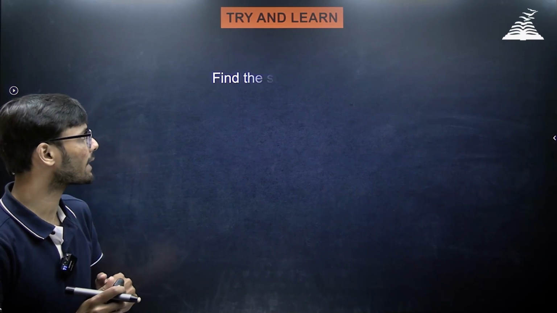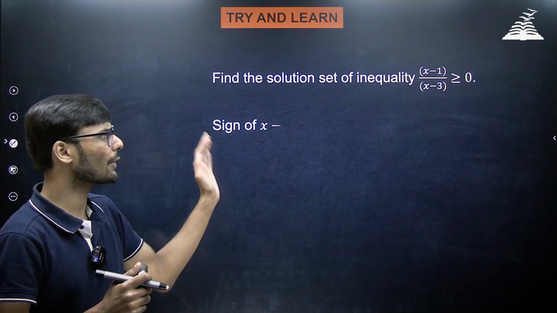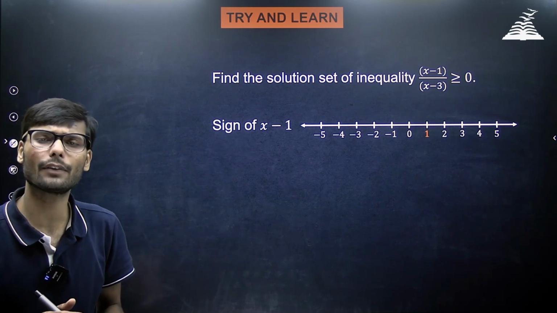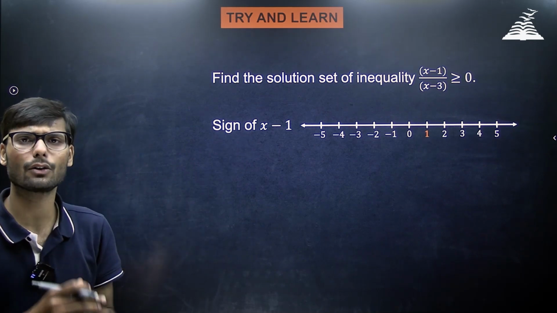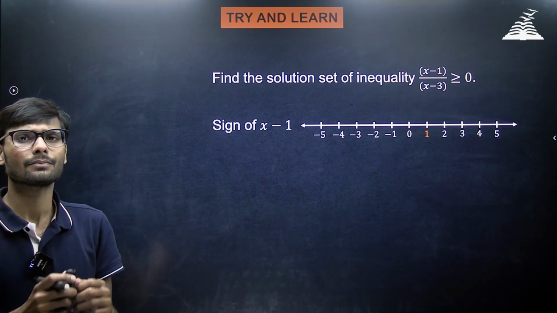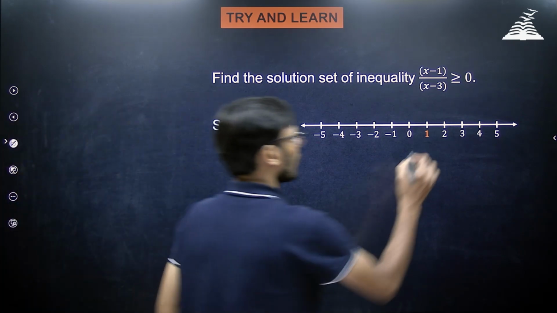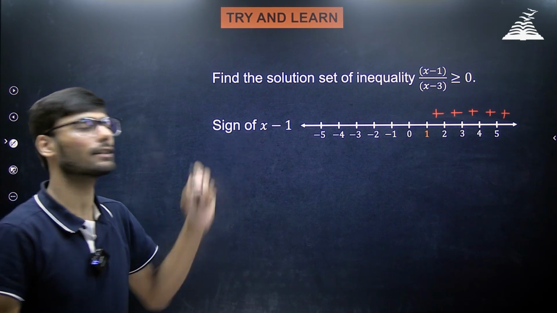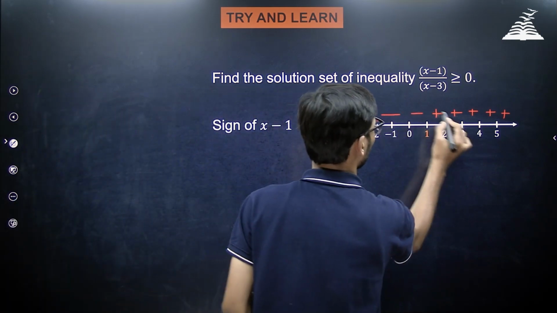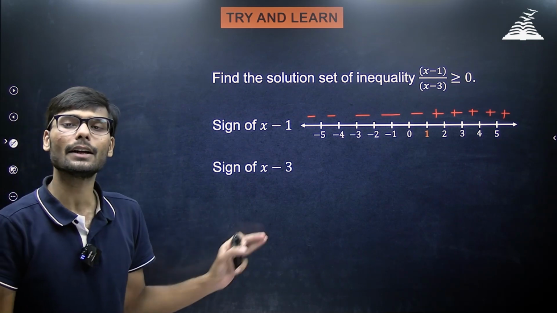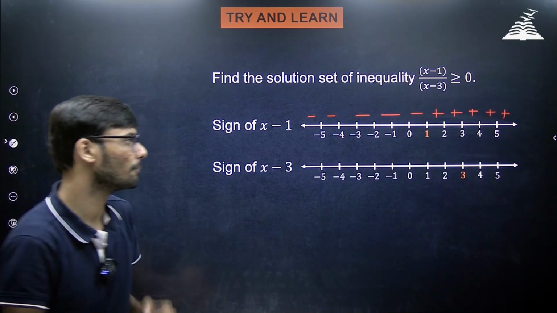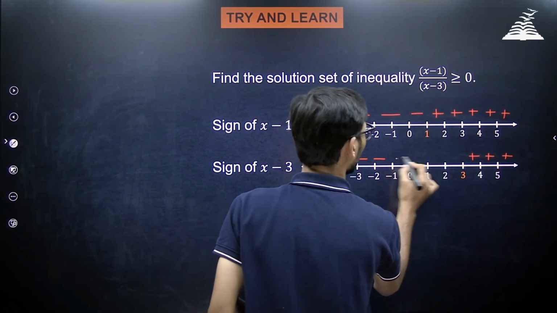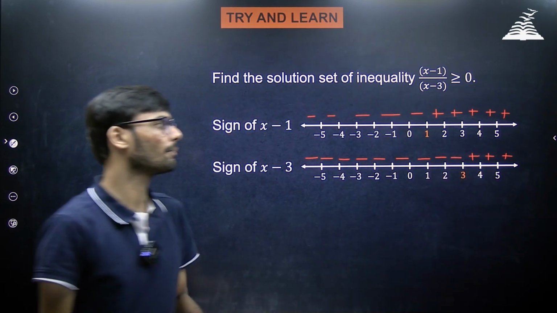I'm going to move on to the next question. We are again going to do the same exercise. We are going to plot the sign of x minus 1 and then we will plot the sign of x minus 3. We know for the sign of x minus 1, everything on the right hand side of 1, for that, the sign of x minus 1 will be positive, right? And if you pick a number on the left hand side of 1, x minus 1 is going to be negative, right? Similarly, for x minus 3, if you pick a number that is greater than 3, x minus 3 is going to be positive. And if you pick a number less than 3, x minus 3 is going to be negative, right?